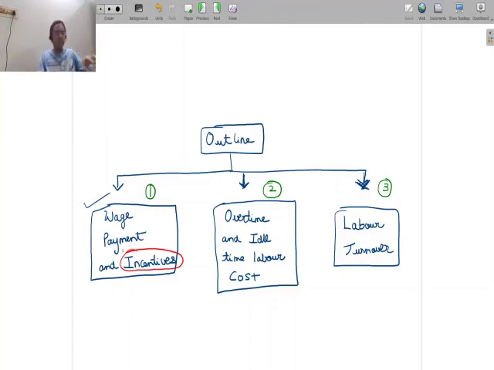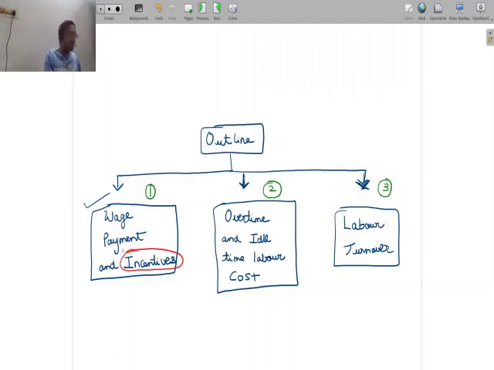We just understood a little back that when you talk about labor cost, which is basically the cost incurred by a company to get work done, there is a human element and there's a lot of psychological impact. So the more the incentives I offer, I can expect loyalty from my workers, and I can also expect increased productivity. So incentives is going to be a very important part of the discussion with respect to the labor cost. So different wage payment schemes and incentives at a high level we will be looking at.